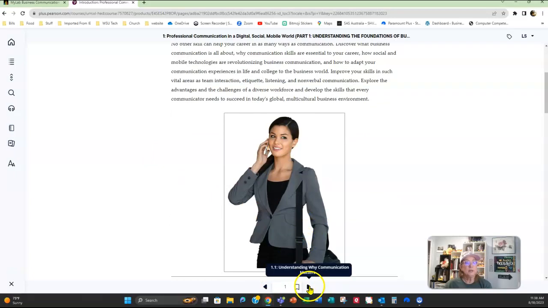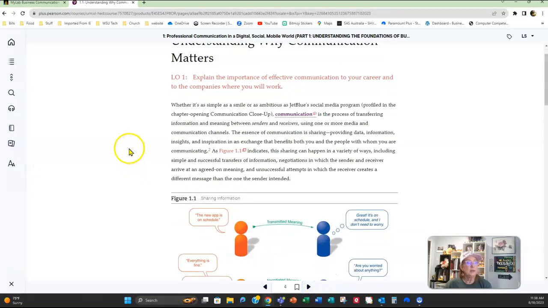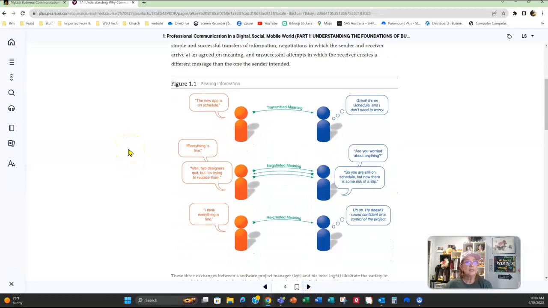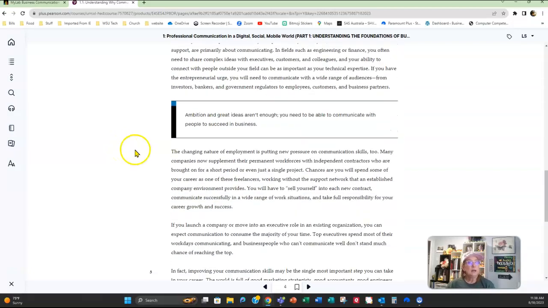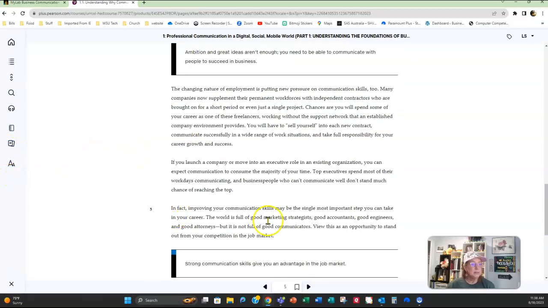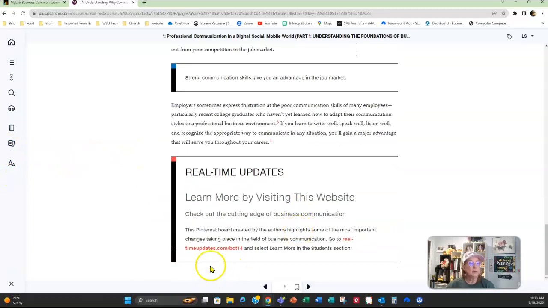Down here at the bottom is where you click and go to the next page. And there's figures. You always want to look at the figures when you're looking at your e-text or even a textbook. Try to get the information down. I was thinking, let me see, right here, real-time updates. Sometimes you can go to this website and get more information about the topic of the chapter, which is why I like the ebooks. The other thing I like about the ebooks, if I come back up here on my tab